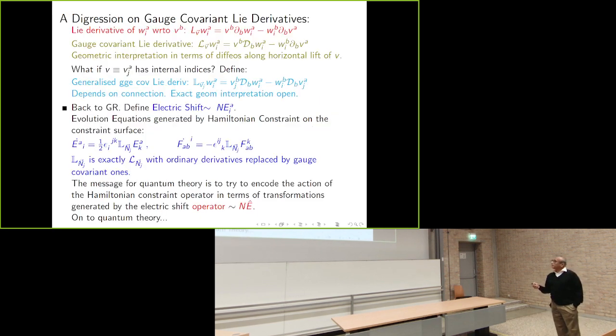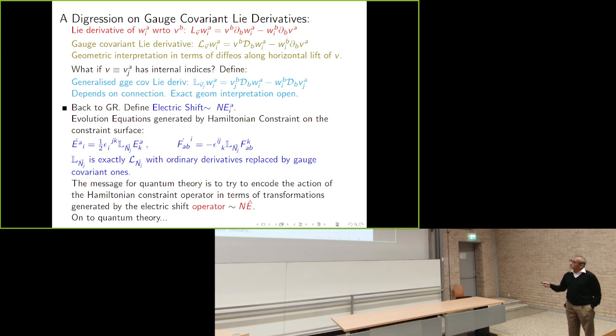So consider a Lie derivative of a Lie algebra valued vector field. Here again, the little i is the Lie algebra index with respect to an ordinary vector field V. One can just write down the usual expression, and then one notices that under gauge rotations of this index i, this object is not gauge covariant. If you want to make it gauge covariant, there's a simple way to do it. Given a connection, you can just replace the ordinary derivative by the gauge covariant one, and then this of course is